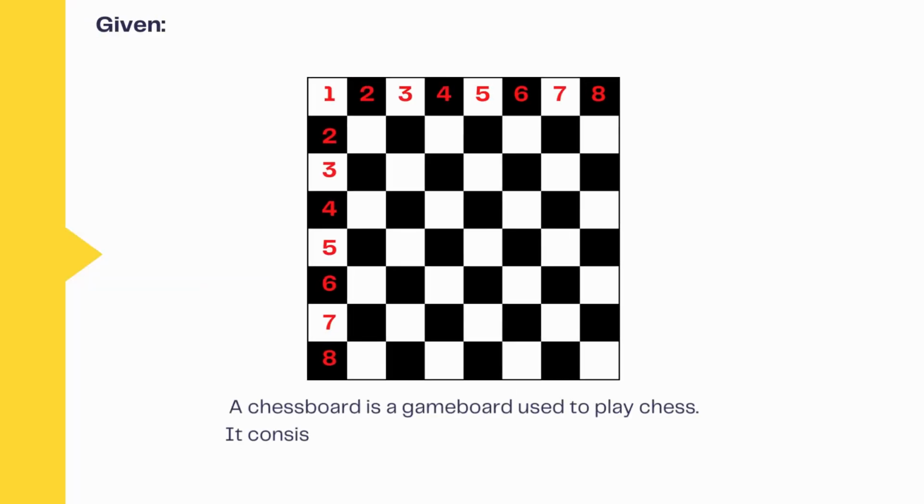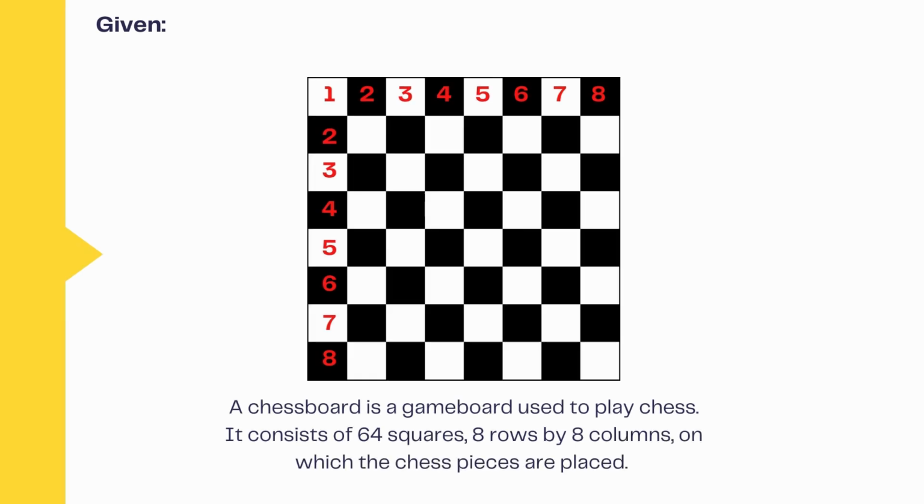So let's first define what a chessboard is. A chessboard is a game board used to play chess. It consists of 64 squares, 8 rows by 8 columns, on which the chess pieces are placed. So by definition, a chessboard has a dimension of 8 by 8. In order to get the number of squares, we need to get the number of squares that can be formed